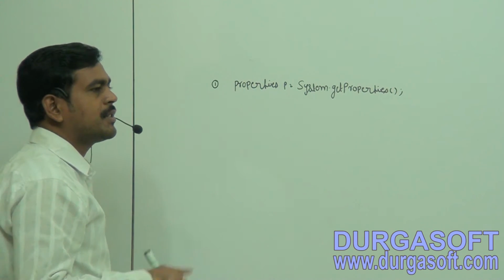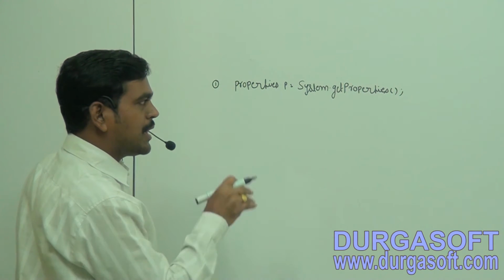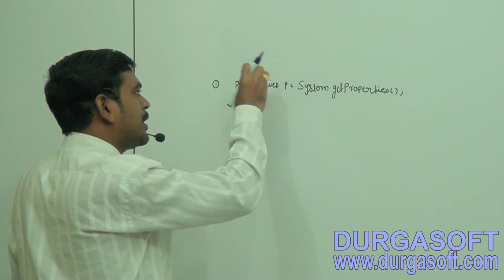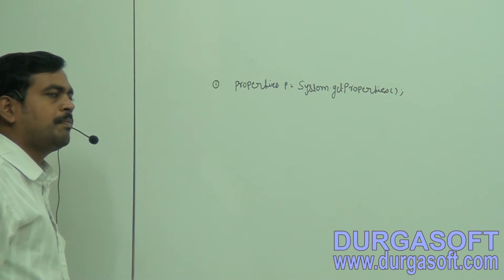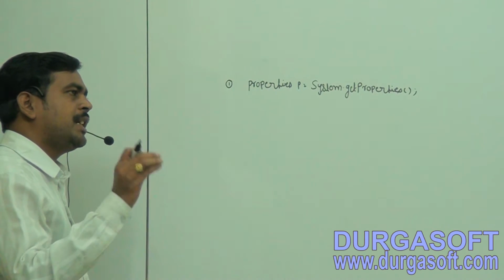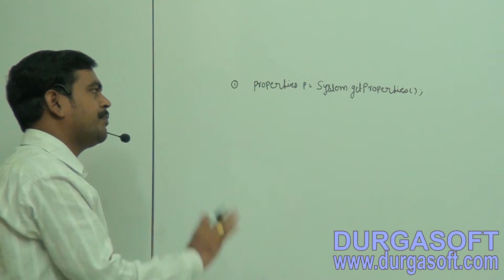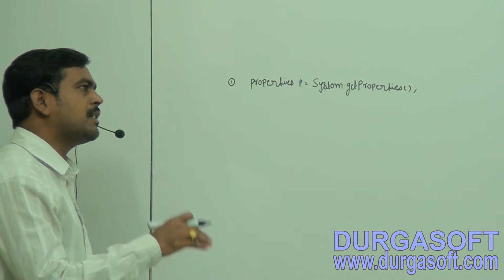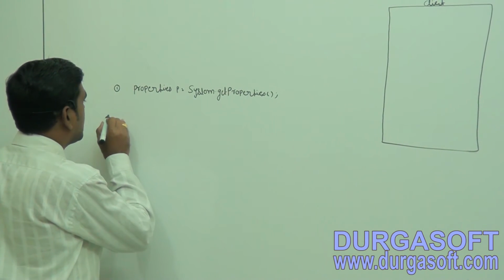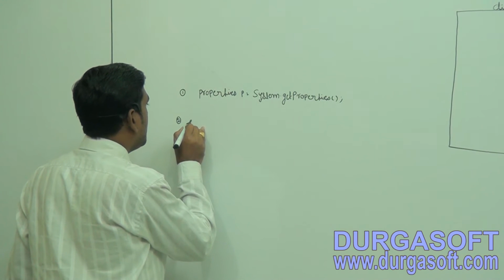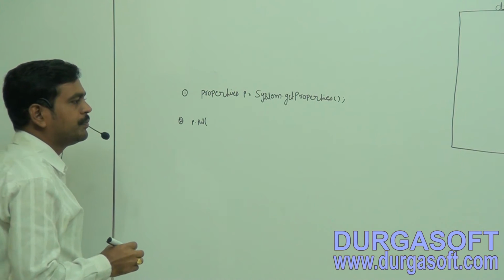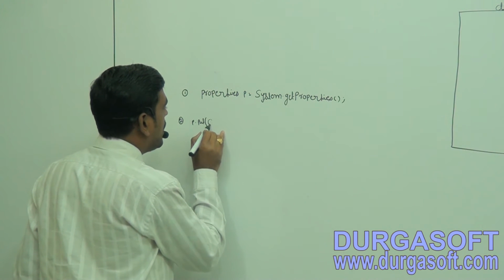After getting the system properties, we can place the JNDI properties into that P object, the properties class, right? That means we can add the JNDI properties to P. How to add? Like this: P dot put. Now here, Context dot